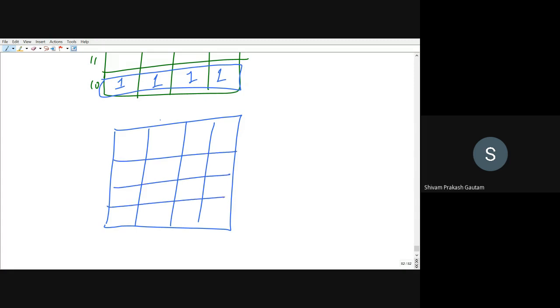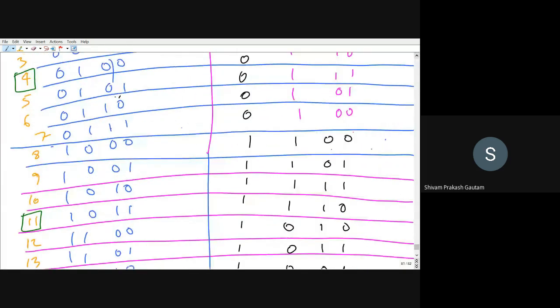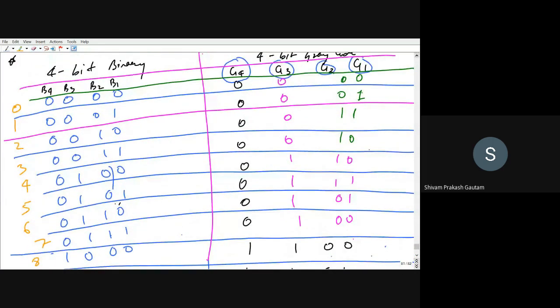Now for filling this schema, you have to have a truth table, right? That is why I have told you how you can make a gray code, because it is a cyclic code, so how you can fill the values in the truth table. Now you have to tell me wherever G2 is high. Just check. Let me remove this 4 and 11. G2 is on where? From 2 to 5. Not 2 to 5, 2 and 3 is one grouping.